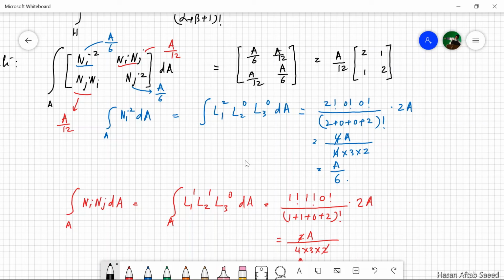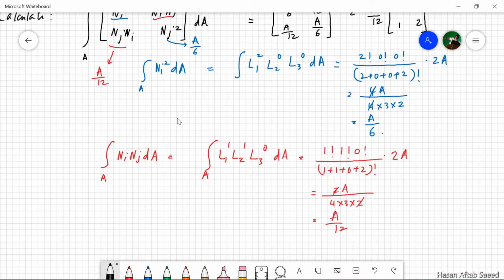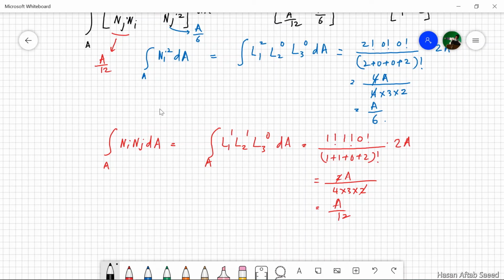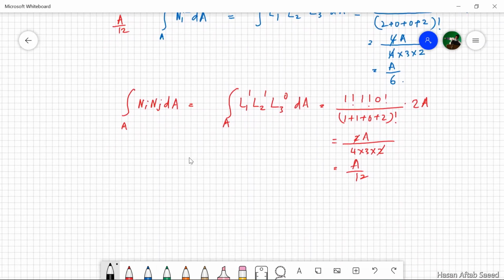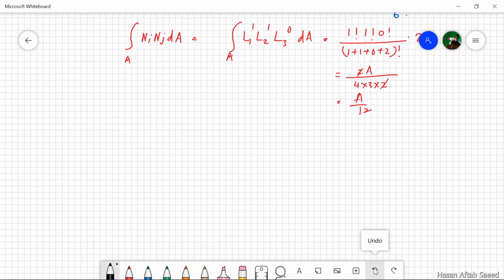This is how simple the factorial formula is. You can imagine the complexity of doing this sort of thing in 2D by longhand. Not that it cannot be done, but the complexity is immense. Now, there is another utility of natural coordinates apart from making integration very simple, and that is natural coordinates can be used to describe the geometry of the element as well. It is of little value in 1D elements, but for 2D and 3D elements, and particularly for higher order elements,